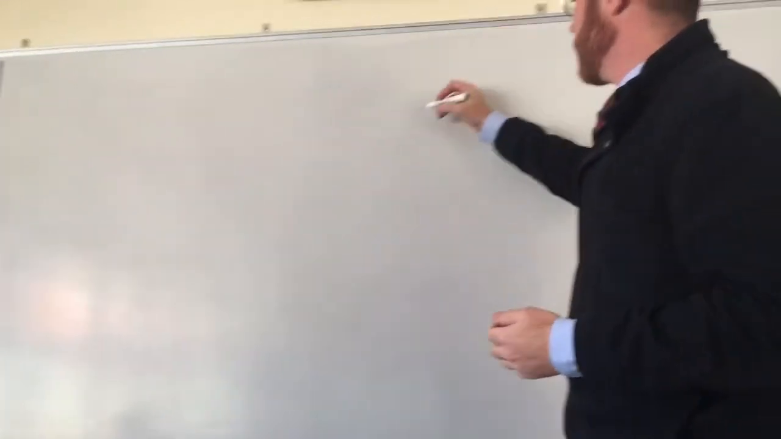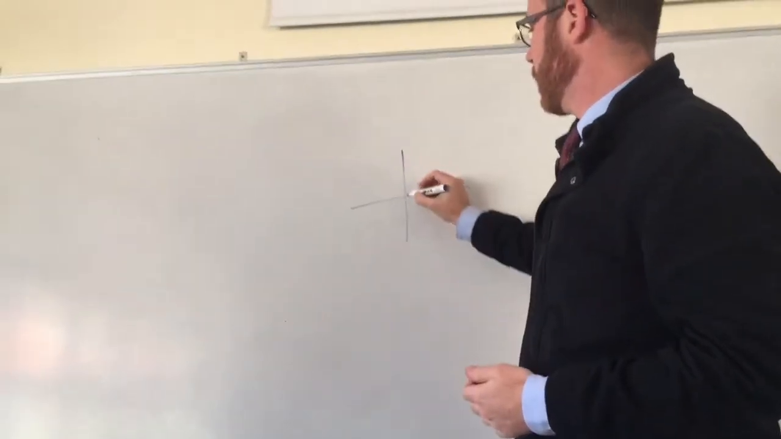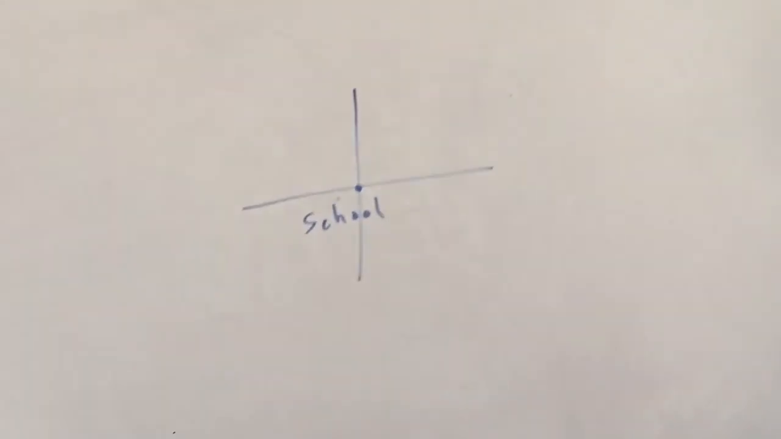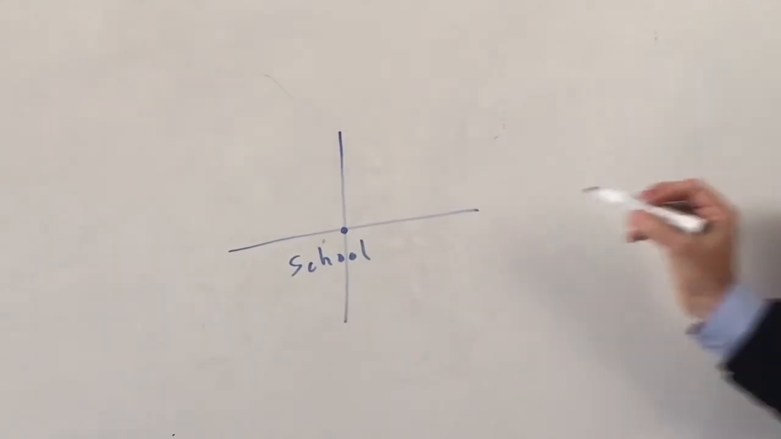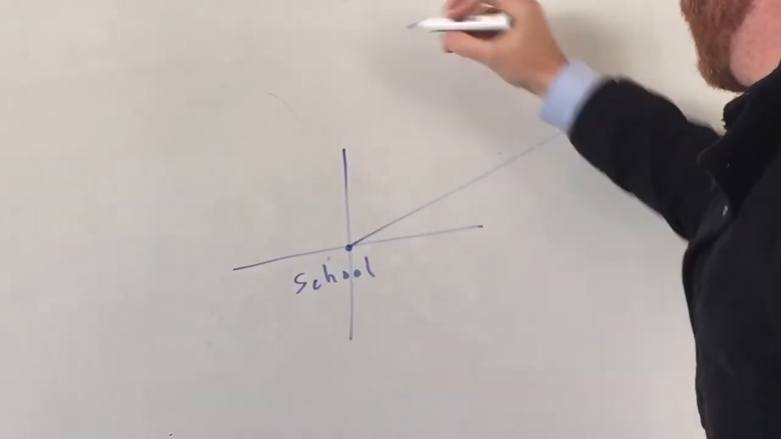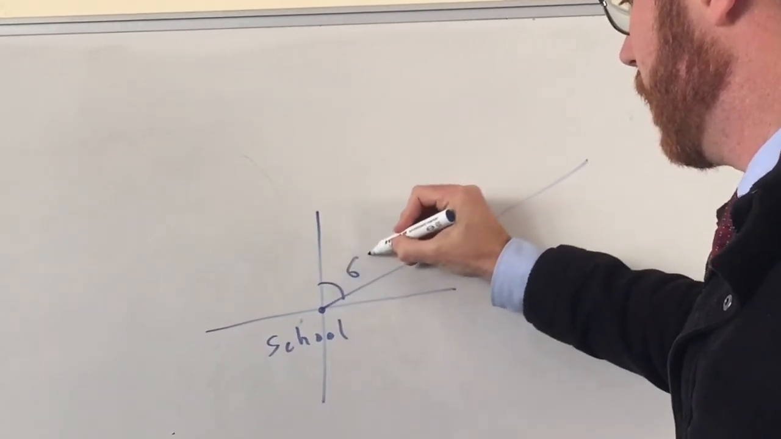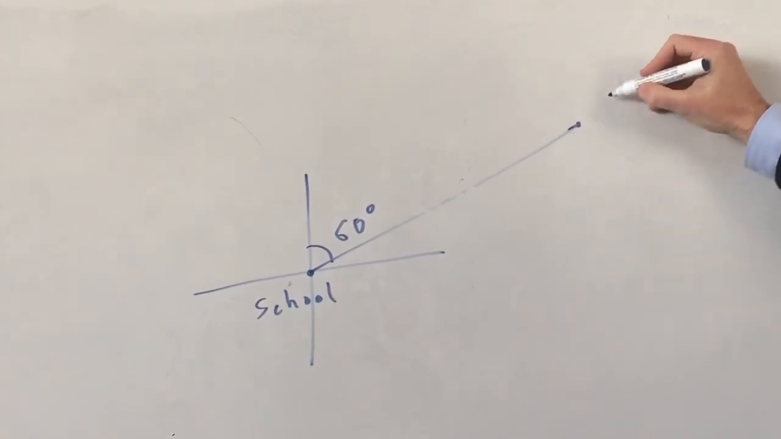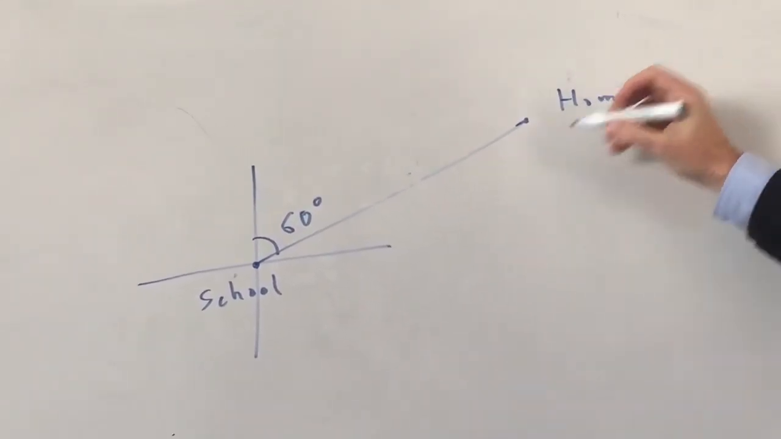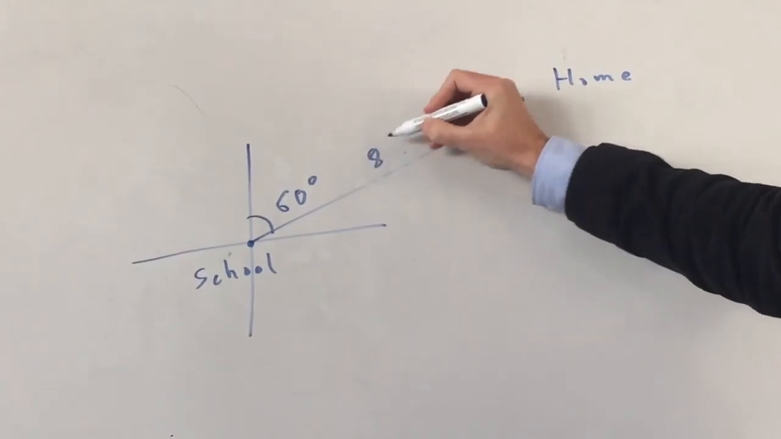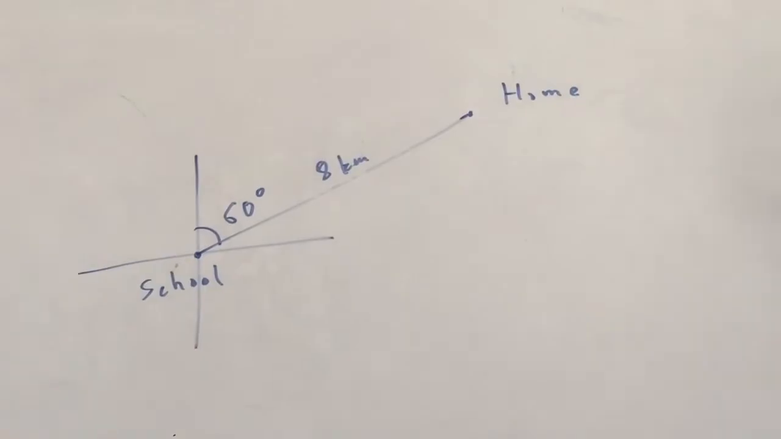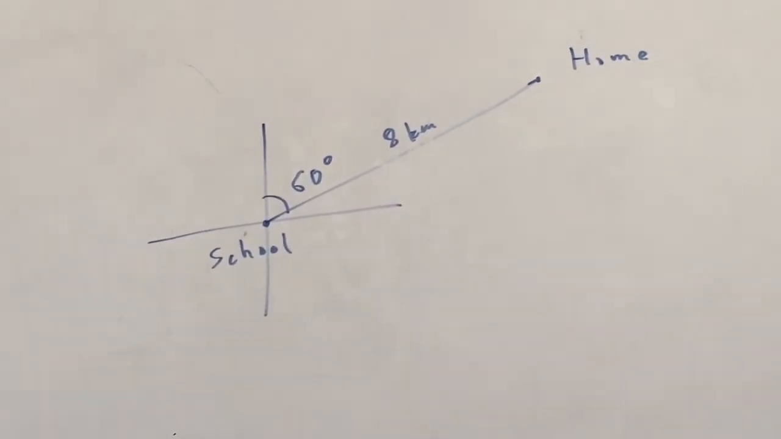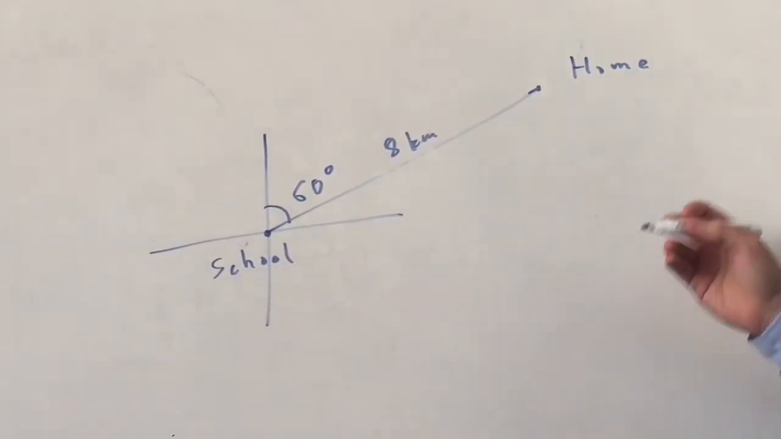So imagine this is school. This is where school is, and Lockie walks home in a direction of 60 degrees true, and he ends up here, and this is his home, right? So he's walked home, and let's say he's walked like 8 kilometres, for example. So he's walked a true bearing of 60 degrees, and he's gone for 8 kilometres. And we might be asked a question, for example, like how far